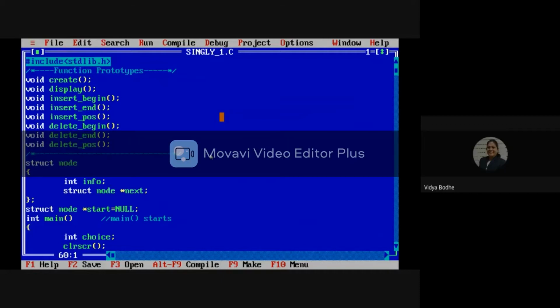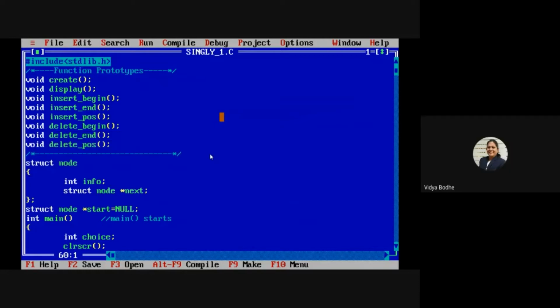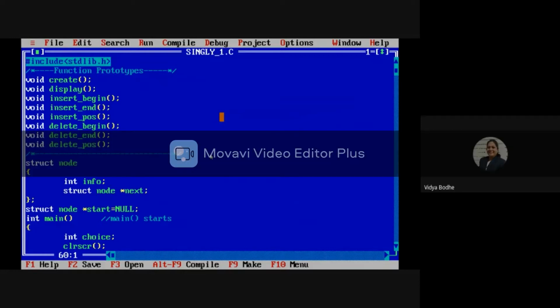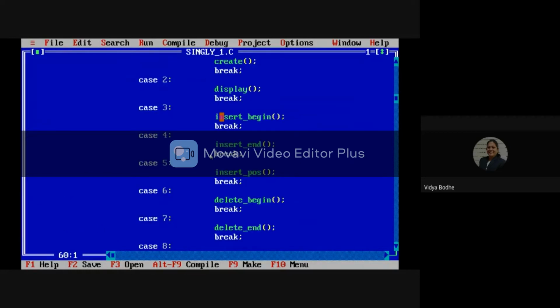Likewise, delete begin function is used for deleting the node at the beginning of the linked list. Delete end function is used for deleting the node from the end, and delete at any position function is used for deleting the node from the given position. Here we have to define node as a structure.